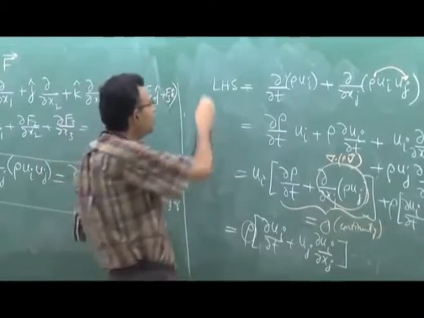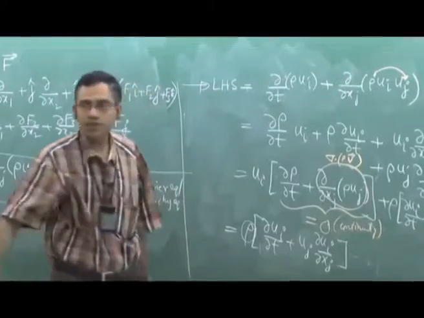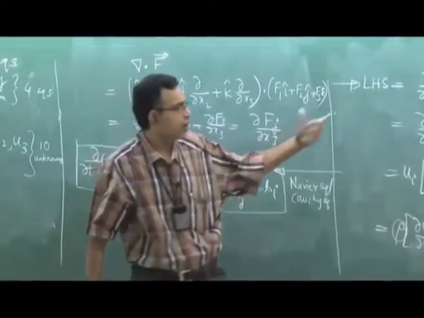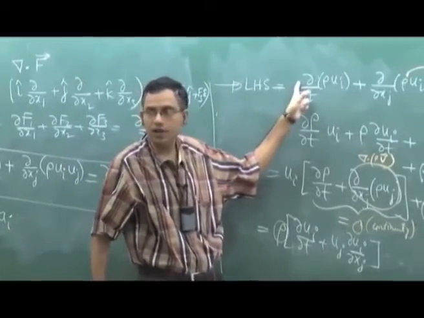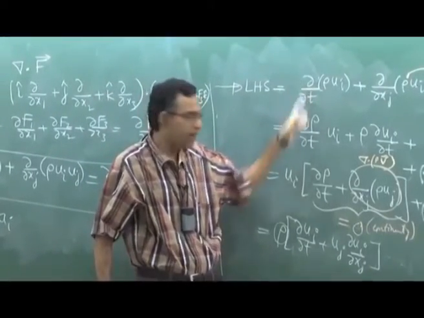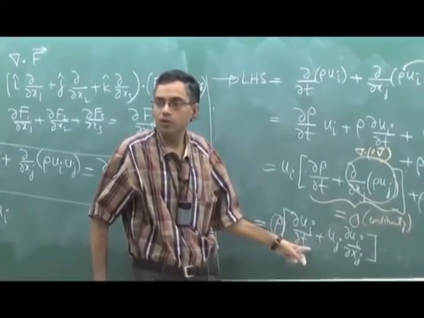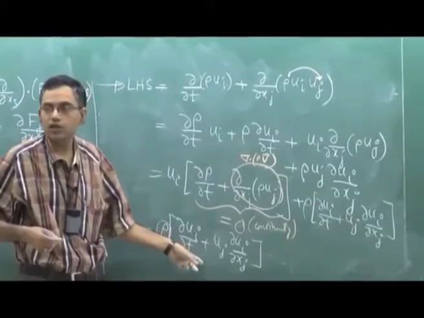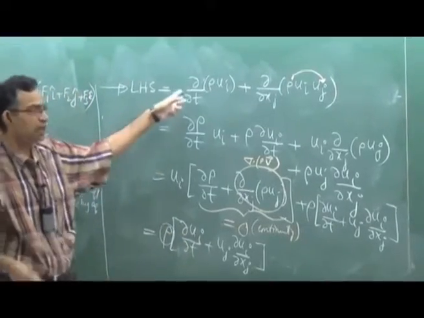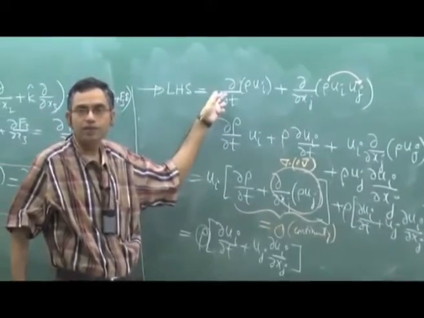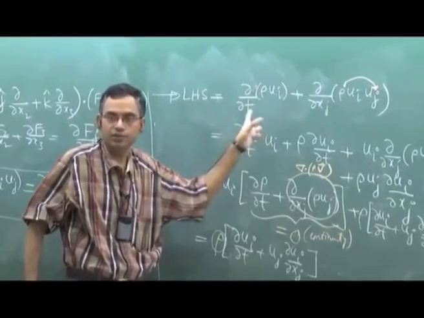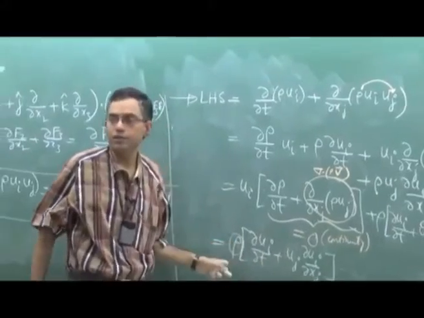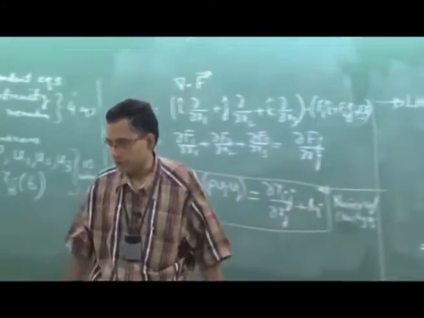Normally this form we use for computational implementation of the problem or for CFD solution, the computational fluid dynamics solution. This is called the conservative form, and this form we commonly use for analytical solution of the problem, and this is called the non-conservative form. Why is this the conservative form? Because this form is derived directly from the conservation equation, and the other form is a simplification of that using the continuity equation. Okay.